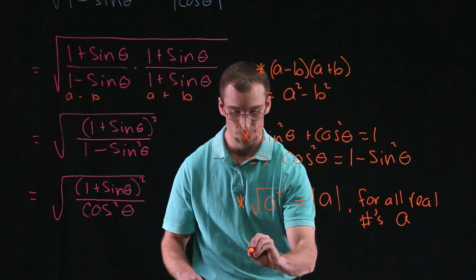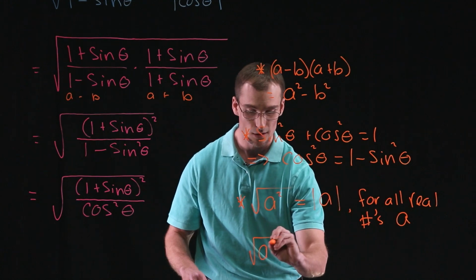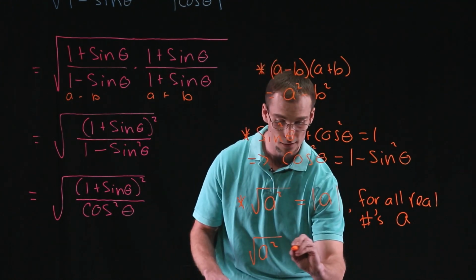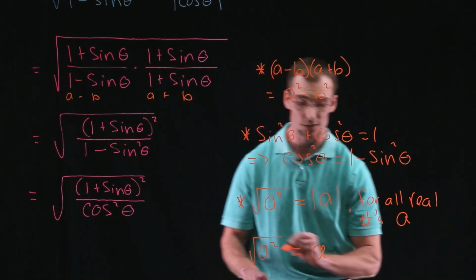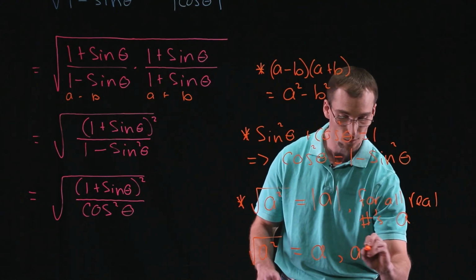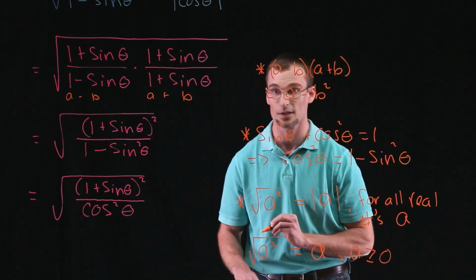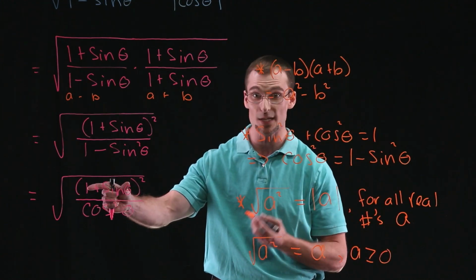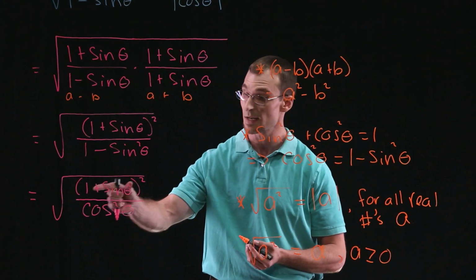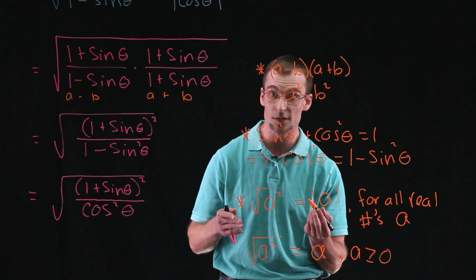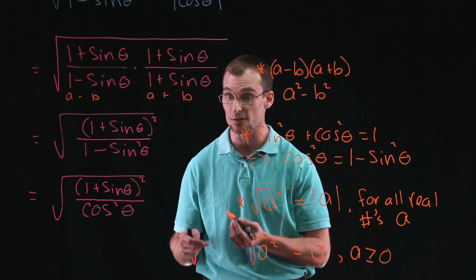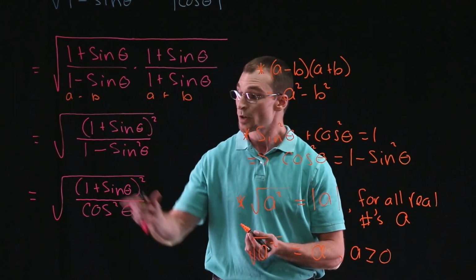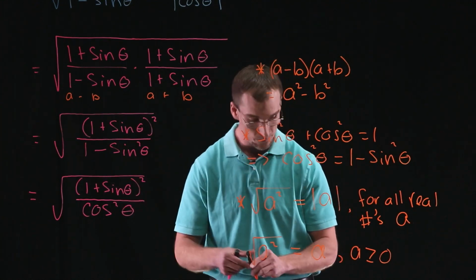Taking the square root of something squared is equal to just the number if that number happens to be positive. So the way it works out is we have to look at these arguments not just as constants, but as functions that, depending on theta, could be negative or positive. And that's what we have to check. So if we look at 1 plus sine theta,